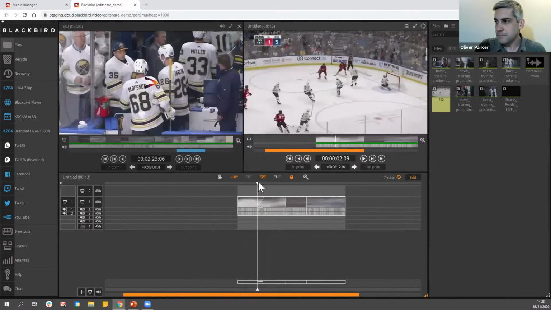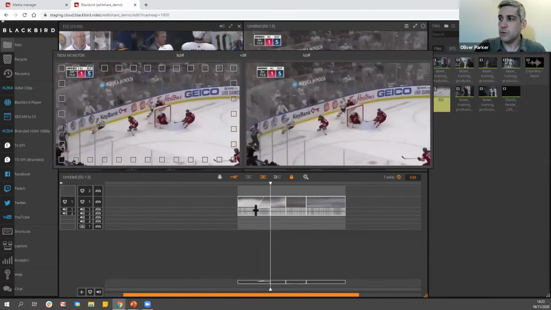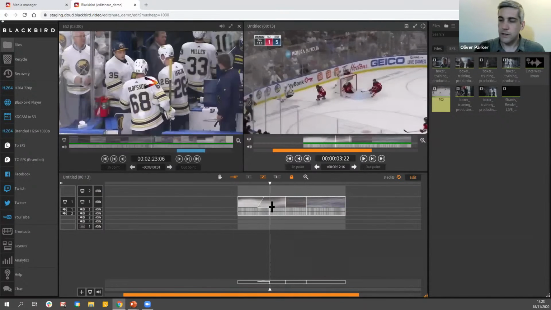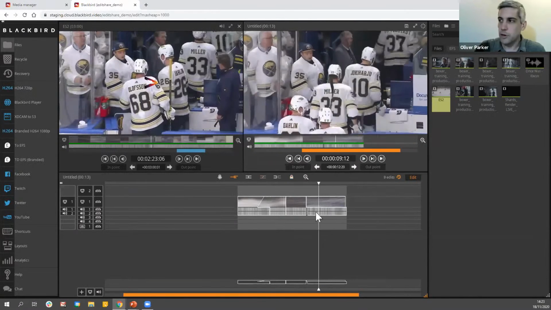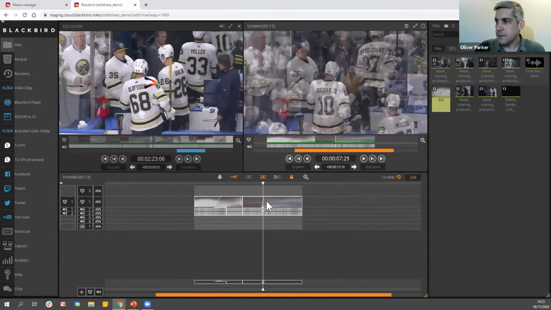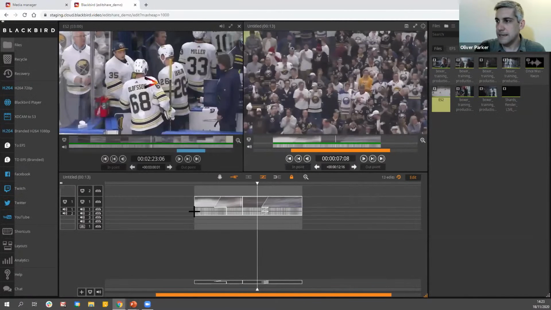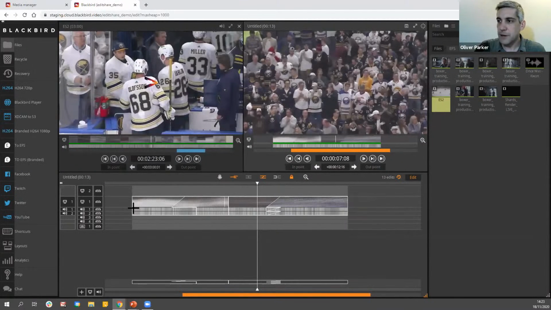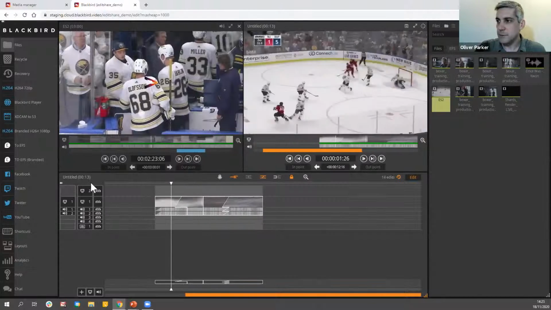And I can also start to come in here and create some more advanced effects on my content. So I'm going to add a video transition on here. Again, it's real-time rendered within the browser itself. I can do independent video and audio control. I can unlock and offset my audio tracks here. This is quite important, particularly within sports editing, to offset and time commentary tracks and so on. Maybe on this cut here, I'm going to add a video and an audio transition and just start to build up a bit more of a complex edit. I can easily, again, depending on where I put my cursor, start to do fade ups and adjust my audio tracks here as well.